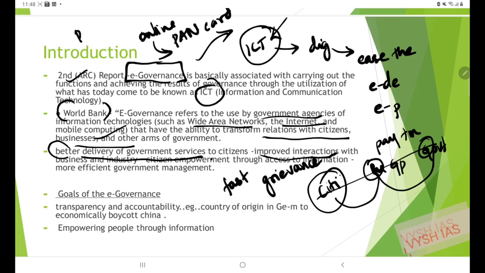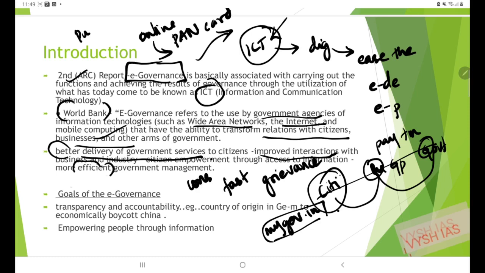We have public domains like mygov.in. The government is trying to increase interaction with citizens also, and this improves efficiency. Why? Because there is check and balance and better consensus. So we are improving the efficiency also.